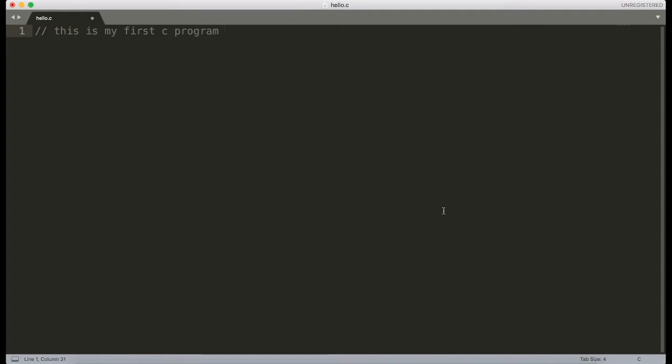In C, when you start a line with 2 slashes, the compiler will ignore anything after that. And these are called comments. So it is always good to add some comments to your code, so that when you look at the same code after 1 year, or let's say if someone else is looking at your code, they can understand it as well. So now we are going to say hash include